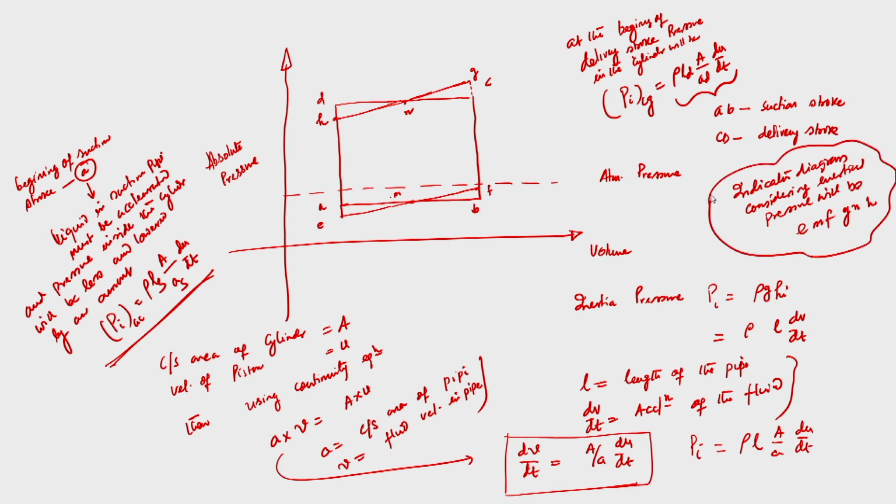So this is clear. At the beginning of the delivery stroke, the pressure in the cylinder will be high, because the piston tries to move toward the end and create force. It will try to pressurize the liquid in the cylinder, so the pressure will increase by the inertial pressure. At the end of the stroke, the pressure in the cylinder will fall by the same amount, given by dH. So this is the indicator diagram for the inertial effect that we have obtained.